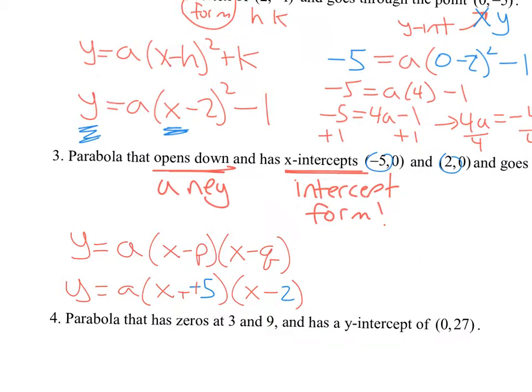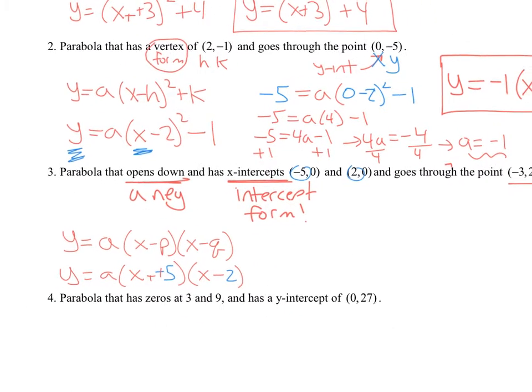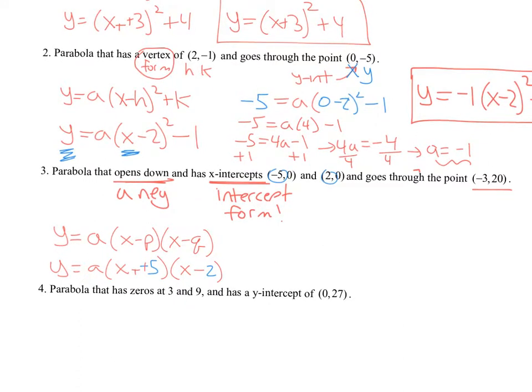So now, let's see what we have. I've got this equation here, but I still have a involved. So just like we did in number 2, I'm going to substitute for y and x using that other point that they told me about. That negative 3 represents an x value and 20 represents a y value, so I can plug those in. So for y, I write 20